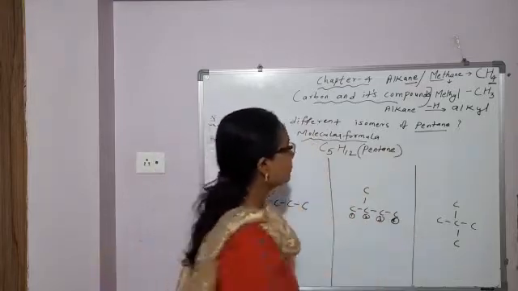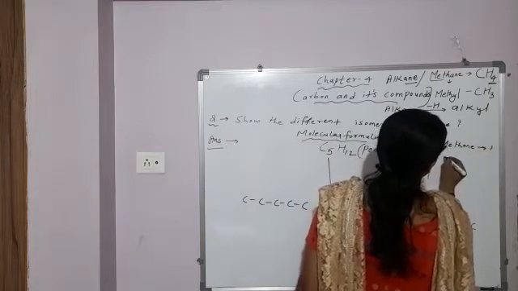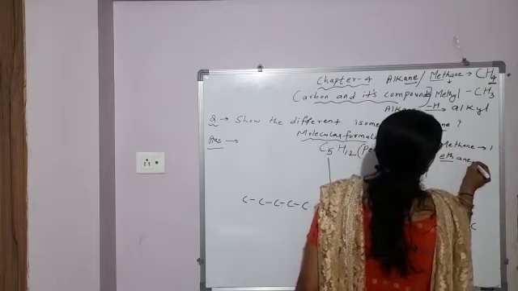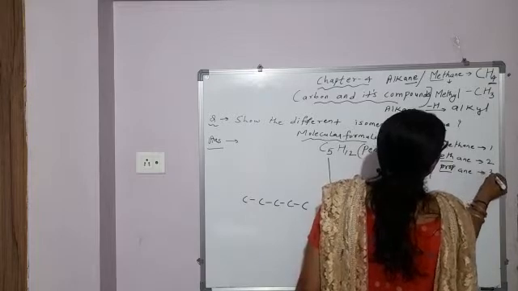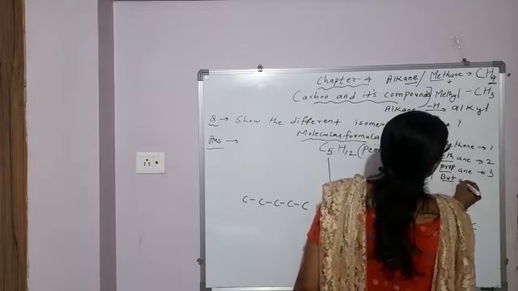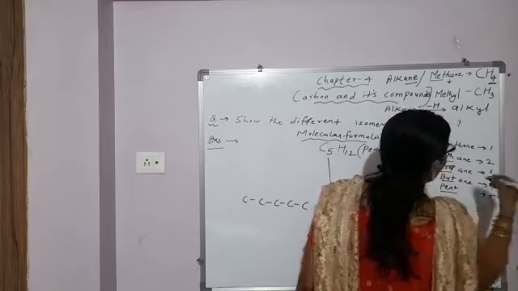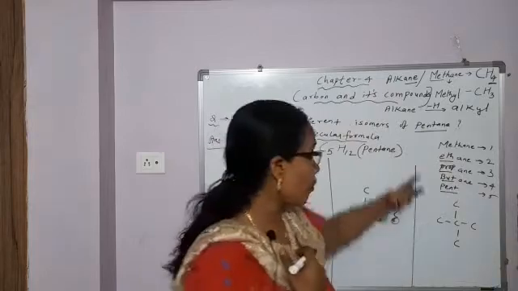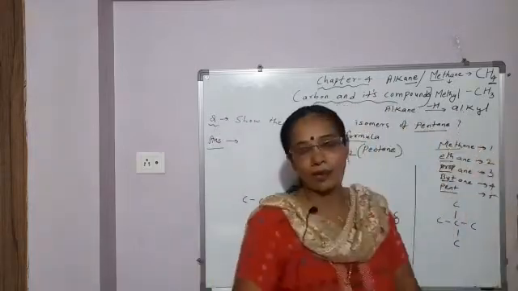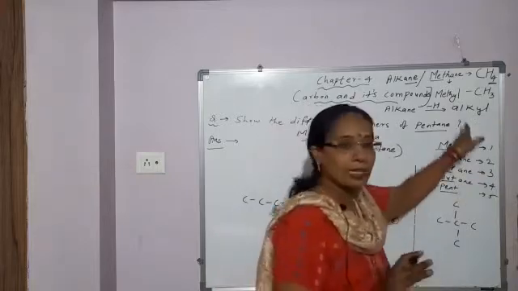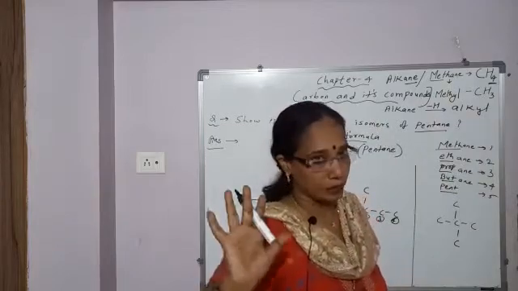One more thing students. It is methane, 1 carbon atom. Ethane, 2 carbon atom. Propane, 3 carbon atom. Butane, 4 carbon atom, and pentane, 5 carbon atom. Then hexane, 6 carbon atom. So first 4 you should remember. Meth means how many carbon atom? 1. Ane means between carbon atoms single bond. Means these all are alkanes, and in alkanes between carbon atoms single bond.